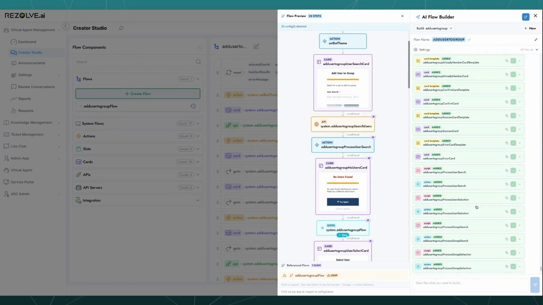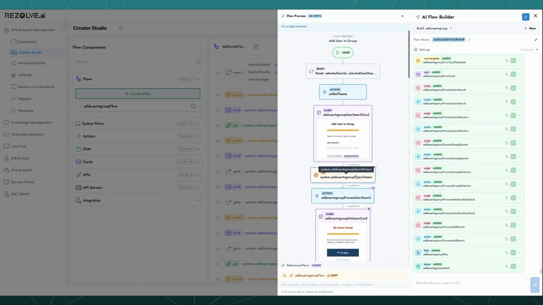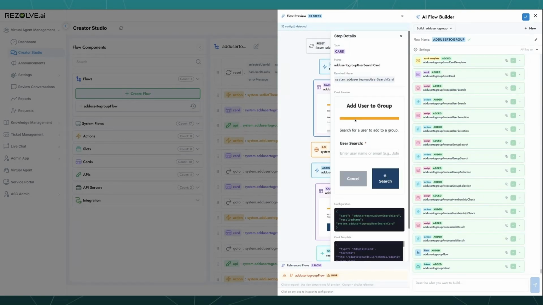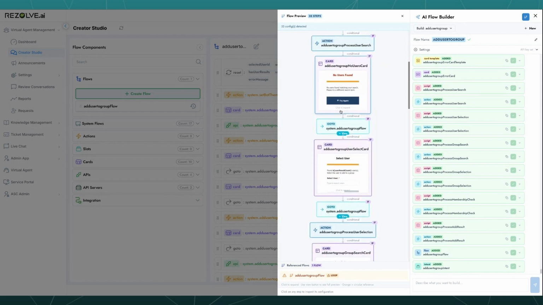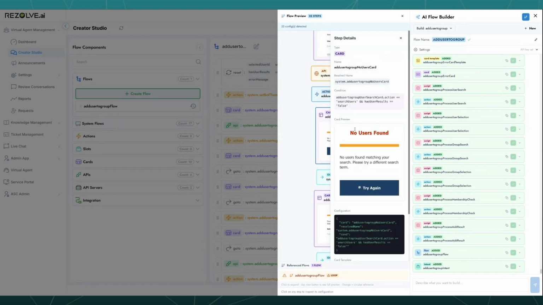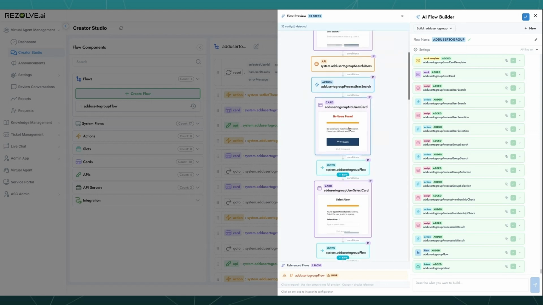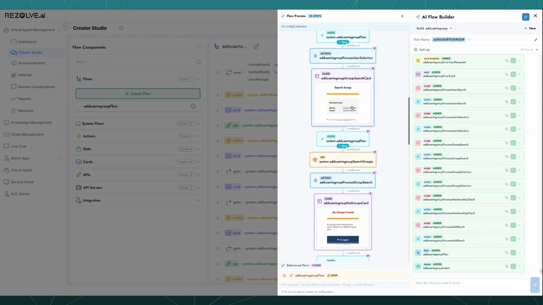Automation done simply. So now you can also preview the automation and what this is going to look like to your end users and the people that are going to deploy this to in the Teams bot. So we can see that it even built in error handling. So if someone typed in a name that was incorrect, no user was found, clicks try again and go through the flow. You can see that this tool is extremely powerful in what it can do.